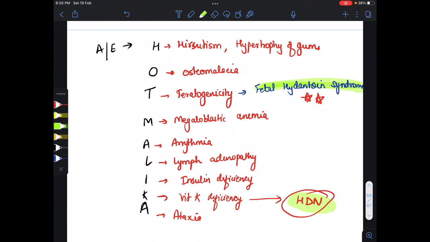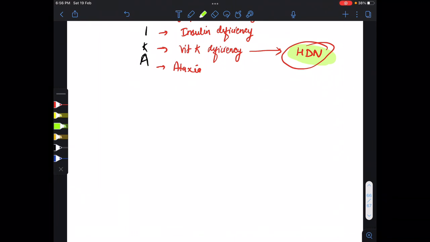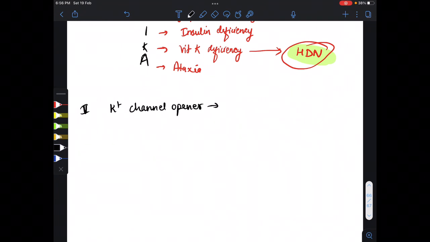Now, after the sodium channel blocker, the fifth one, we have the potassium channel opener, because potassium channel opening decreases the activity, because it depresses the brain. So the fifth one is the potassium channel opener drug. We have to give the potassium channel opener drug, and in this we have one drug, that is